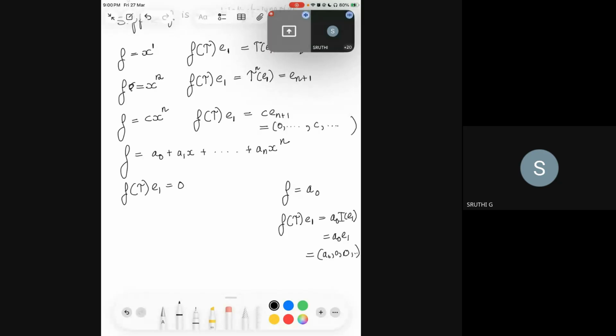Yes, sir. Then, we have used F many times, so let us assume G is an annihilating polynomial of this general form. Since G is not a zero polynomial, we assume that AN is not equal to 0. Then G(T) of E1 must be 0 since G is an annihilating polynomial. But G(T) of E1, just tell me if I'm